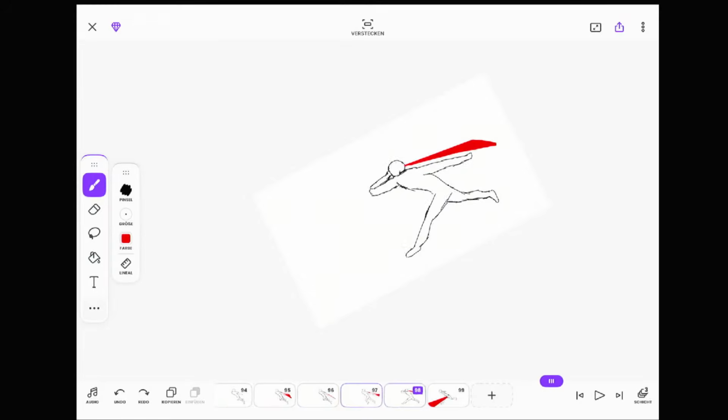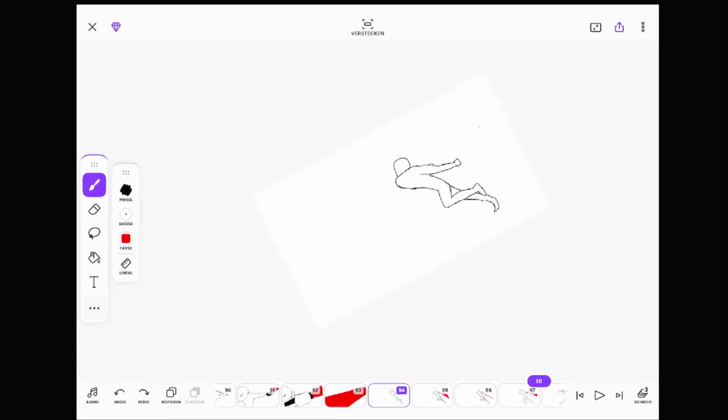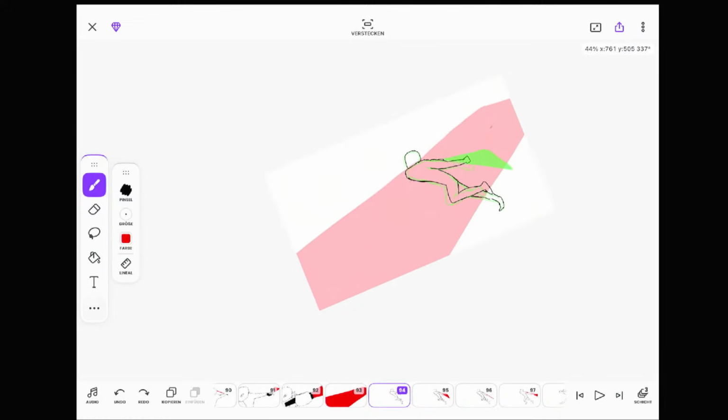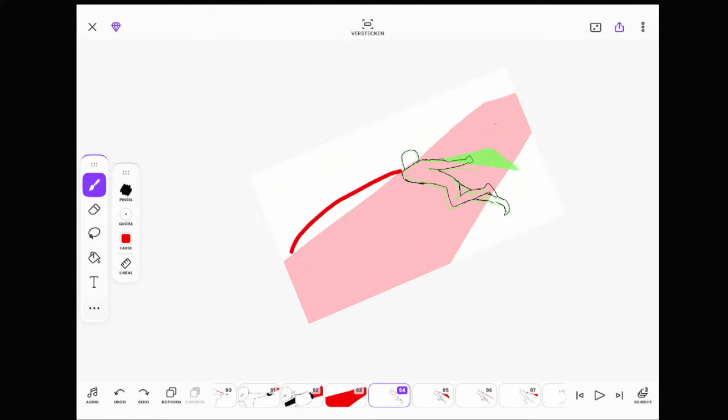Pretty hard to go with the right type of swing.